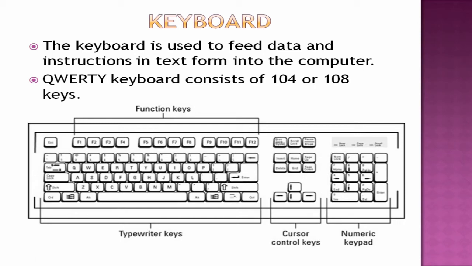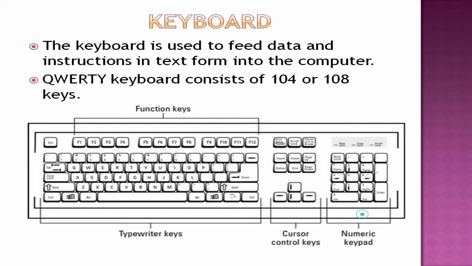It also provides various special functions. Like alphabets you can enter, symbols you can enter and numbers you can enter, and they are grouped together. Function keys are grouped together, and there are typewriter keys, control keys, cursor control keys and a numeric keypad. Through this we can type alphabets, numbers, functions, special keys and cursor. We can control the cursor using the cursor control keys. These keyboards are differentiated into many types like standard keyboard, multimedia keyboard, numerical keyboard and ergonomic keyboards.